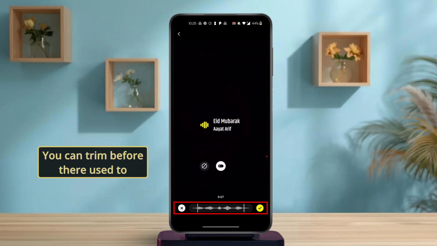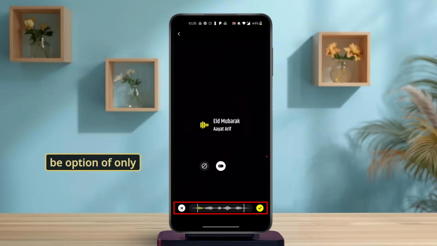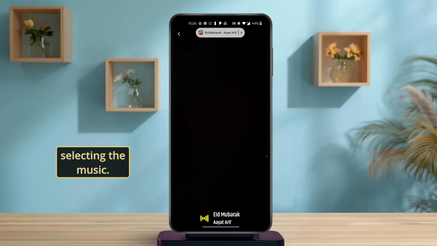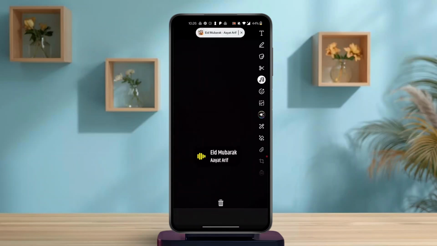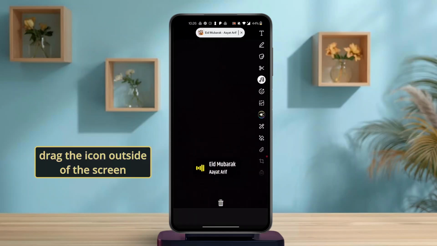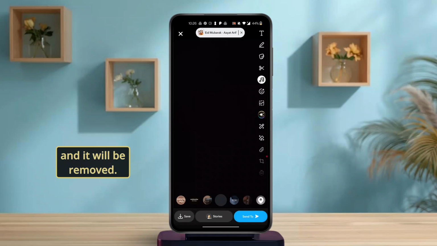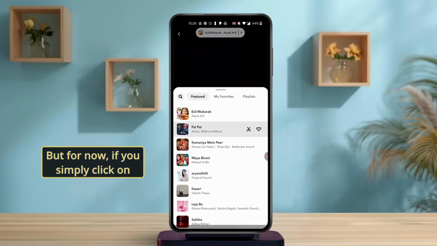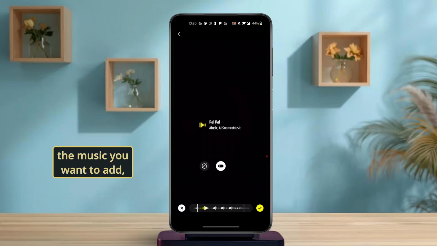Here you can trim. Before there used to be an option of only selecting the music. It will be here. What you would need to do is simply drag the icon outside of the screen and it will be removed. But for now, if you simply click on the music you want to add, you'll find